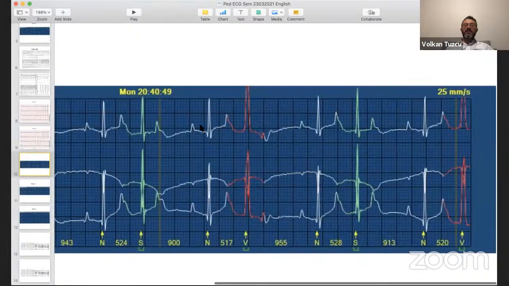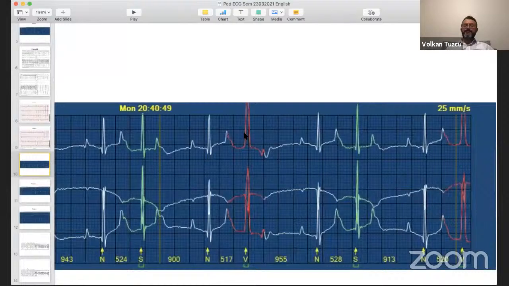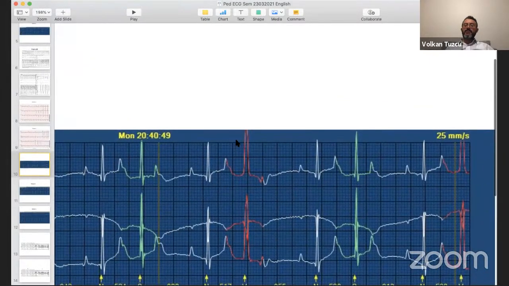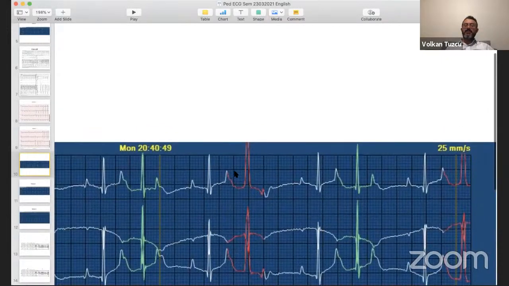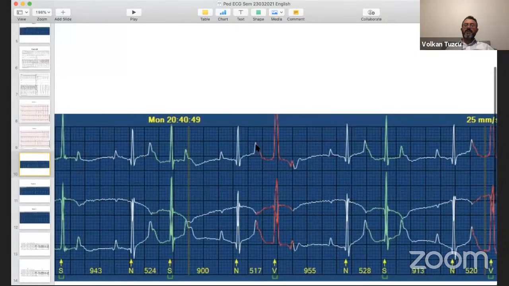So what happens here? This is a little different, right? So this PR, and then we have a P here. And most likely what's happening here is a P wave conducting, this time with some aberrancy. So most likely this is not a PVC. It's an aberrantly conducted sinus P wave because this P wave came relatively early to the previous QRS, okay? That's why the QRS morphology is different, especially more different here. So most likely this is conducted, not a PVC, because there's a P wave before. It's all about timing of the P wave. Slightly earlier may give you some aberration. You may not have aberration all the time, like you don't have it here.